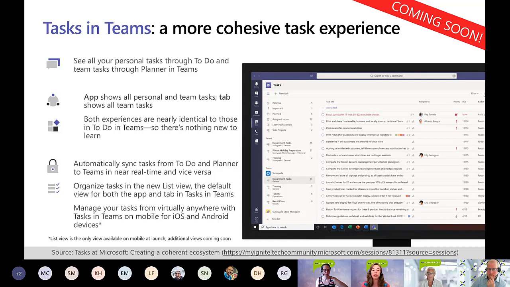So seeing where they're taking Project Online and then Planner as kind of a middle of the road and To Do is the individual task management, I don't have a lot of faith that they will. Would love to hear the other Simpraxians' opinions.